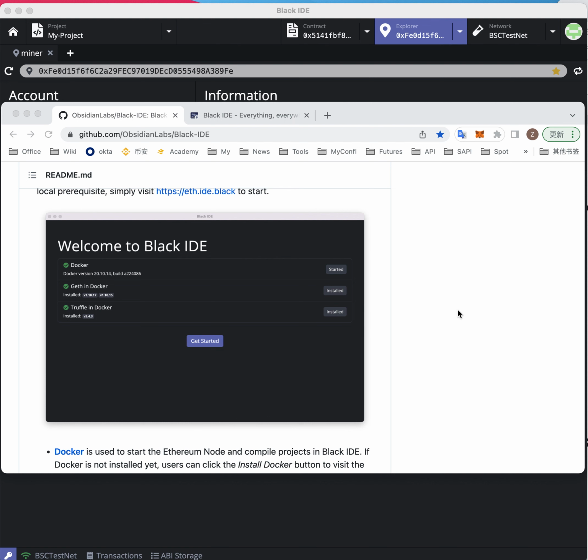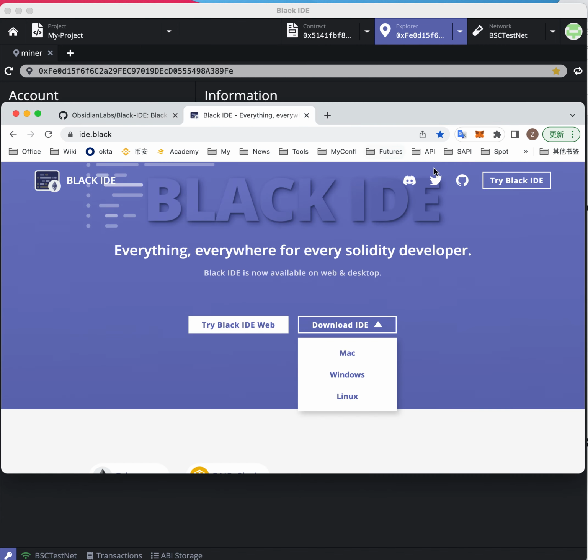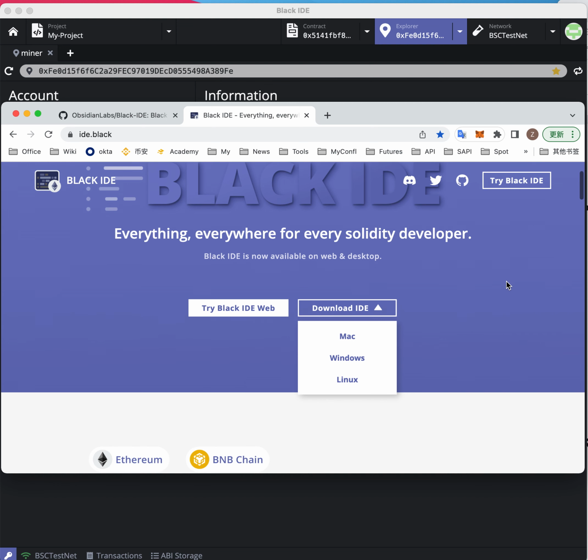Black IDE is an integrated development environment, making developing Ethereum smart contracts on all EVM-compatible blockchains faster and easier. Black IDE currently offers a standalone desktop application running on macOS, Windows, and Linux, as well as a web version that runs in modern web browsers. In this video, we'll just use the desktop application and leave the web version for yourself